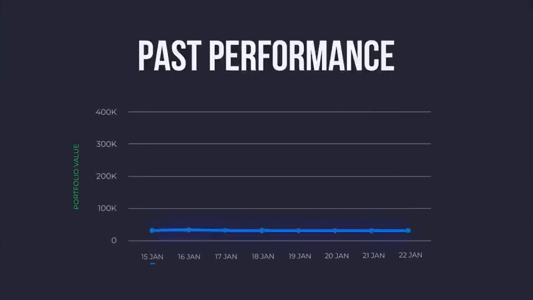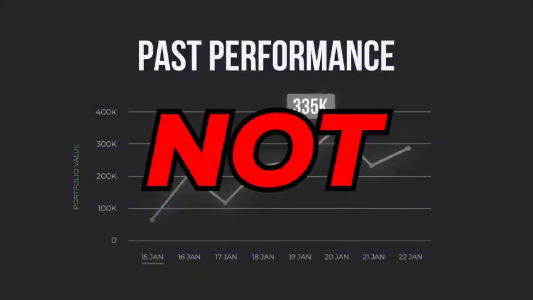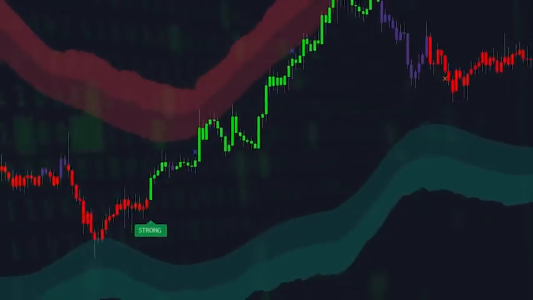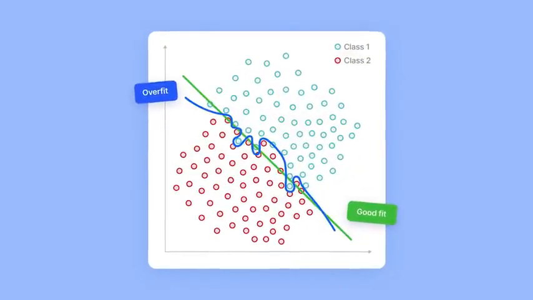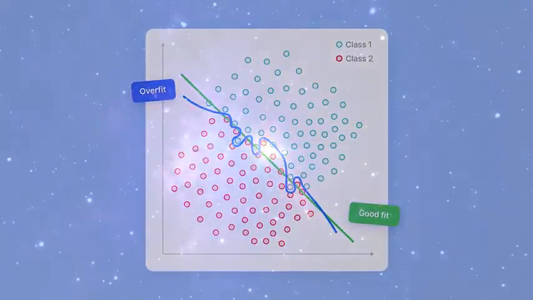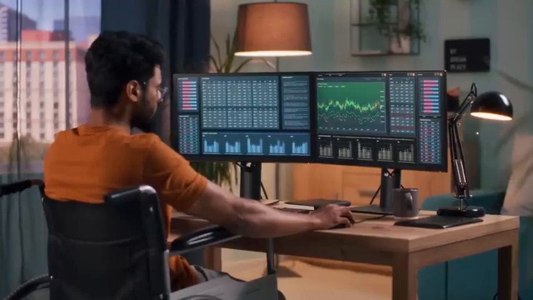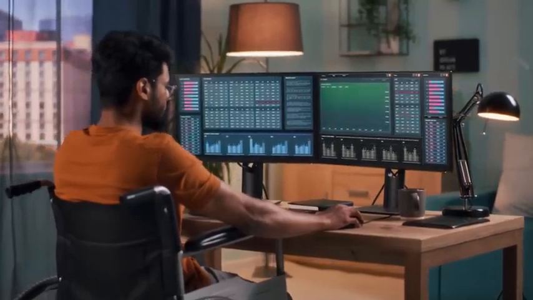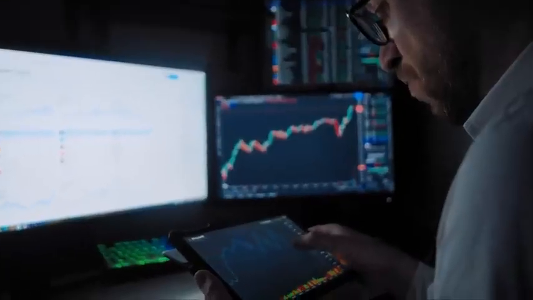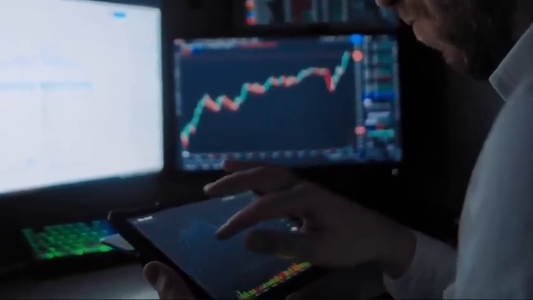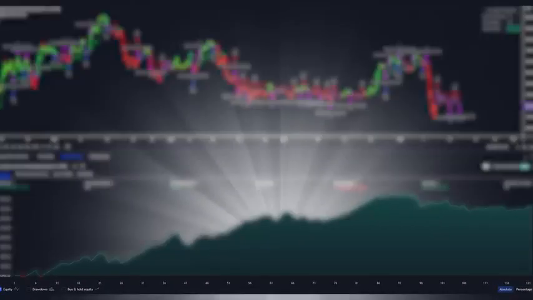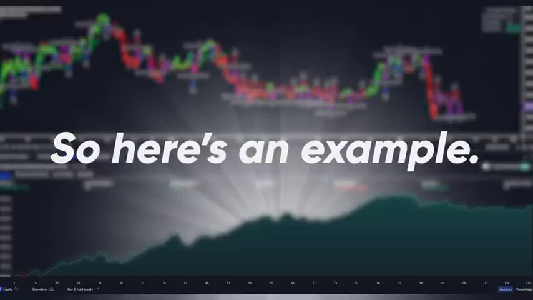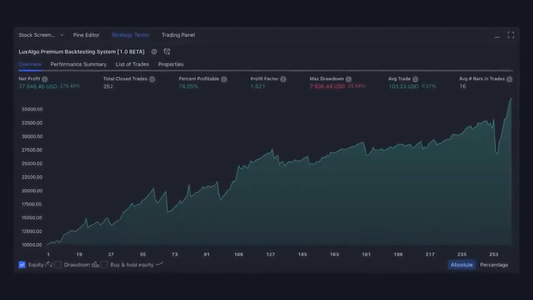And look, past performance is not necessarily indicative of future results, and by optimizing and filtering signals on a chart, that doesn't exactly mean you can predict the future any better than before. Some may classify this stuff as overfitting or some form of astrology, but for a trader who likes to backtest different parameters to potentially find higher probability setups in any market, what we created here is pretty much classified as absolute heaven. So here's just one of the many examples of a strategy you could create with this new system